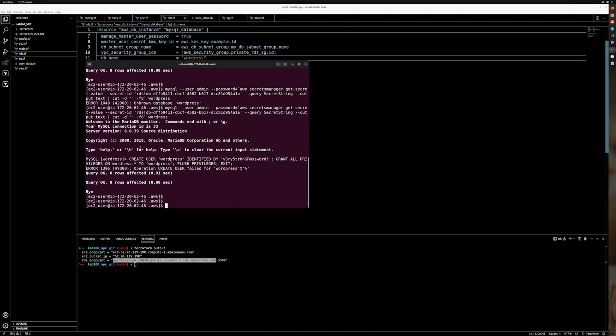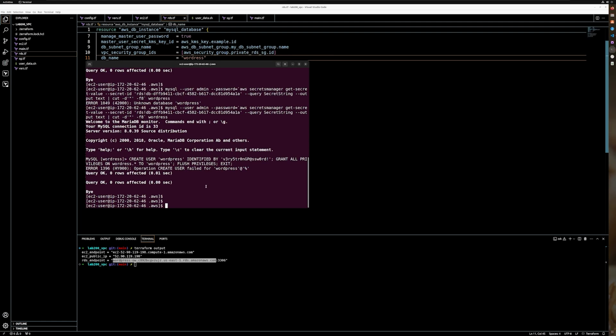Let's quickly go over the command. So create user, as the name suggests, creates a user WordPress. Identified by specifies the password for that user. Grant all privileges, again, pretty straightforward. Grants all of the permissions on the database called WordPress and all its tables to our WordPress user. Finally, flush privileges ensures that MySQL applies the new user permissions immediately and exit, as the command suggests, exits the